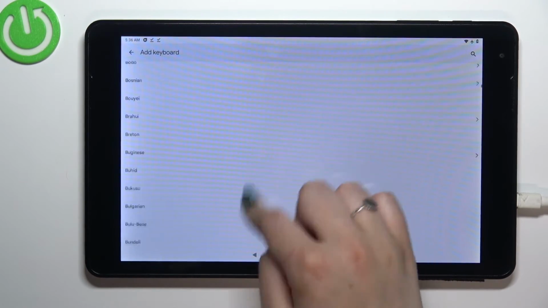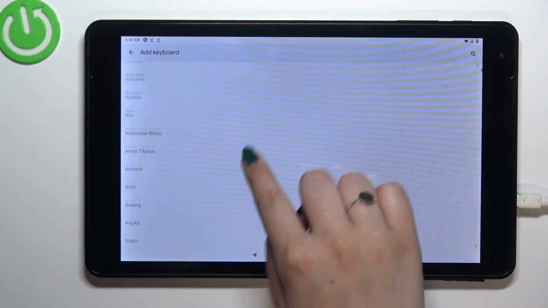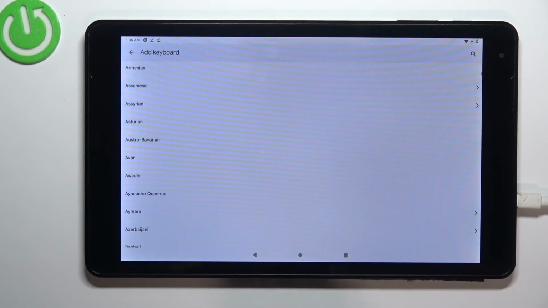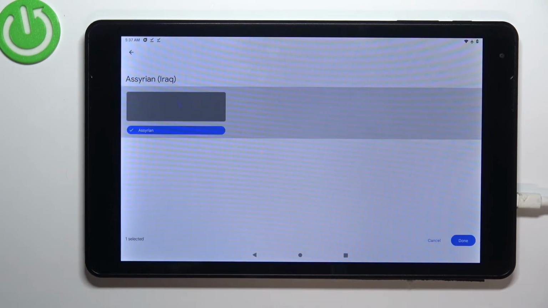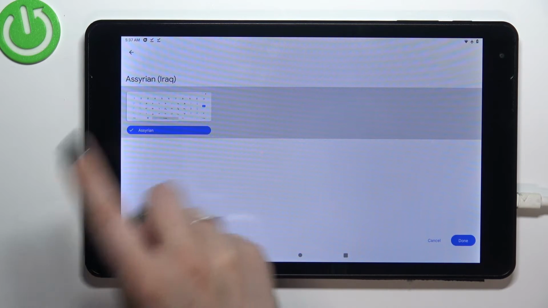So just find the language you'd like to use and tap on it, and let me pick something like maybe Assyrian because it's quite graphical. So let me tap on it. Sometimes you will also be able to pick the region, so just tap. And here we've got the keyboard